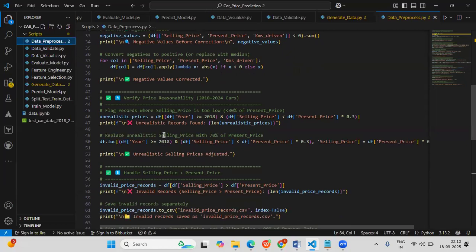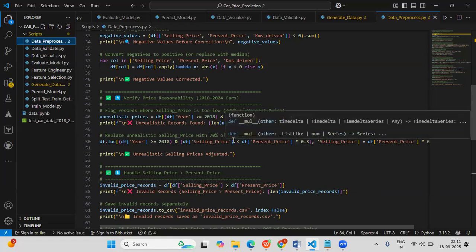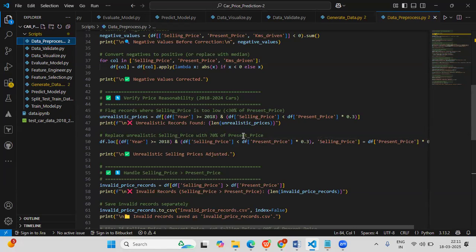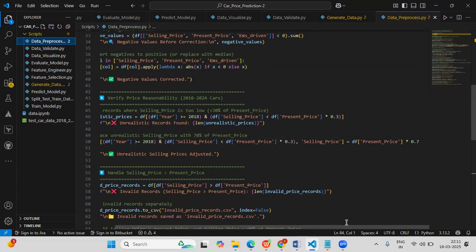Then we need to replace these unrealistic selling price values with 70% of the present price. So this is the condition. In the data frame, we are going to take the year as a variable that is greater than 2018, and the data frame selling price should be less than the present price with the 70% of the present price, and the remaining is 30%. That is, selling price is equal to 70% of the present price. This is the condition